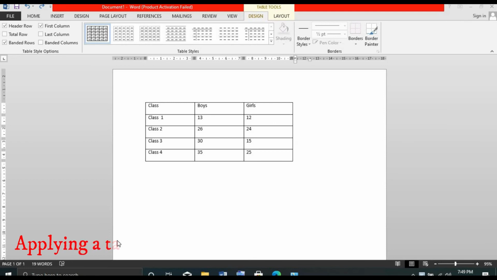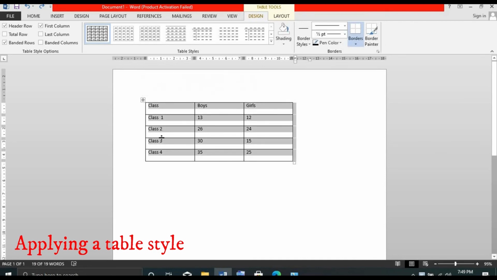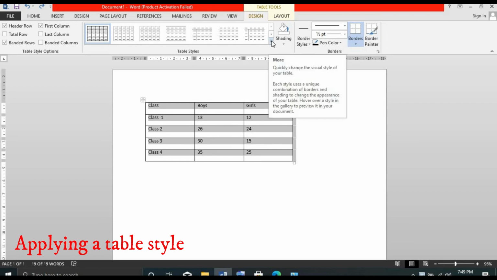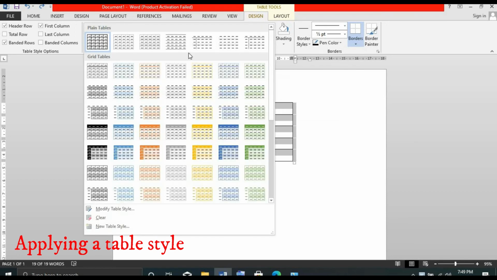Next thing is how to apply a table style. A table style means how to apply a design to the table. For applying the table style, select the table that you have made, then on the table styles menu under design, there is a wide variety of designs that you can choose.